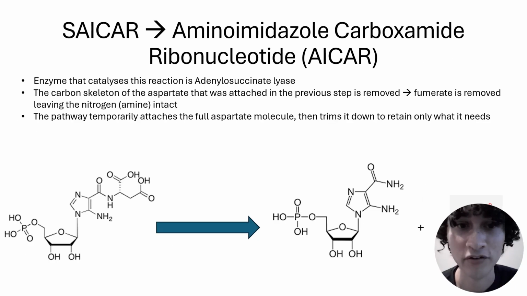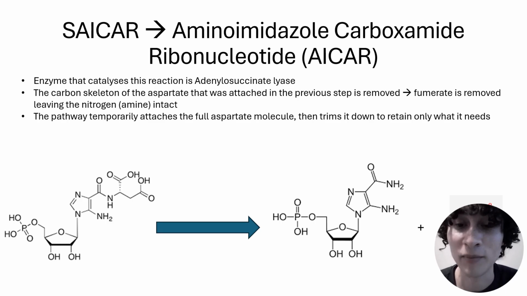Now we formed our succinyl-aminoimidazole carboxamide ribonucleotide. Okay, we need to remove that fumarate skeleton that we got from the attached aspartate. We're only interested in the amine group. The aspartate was an amine donor. So we need to remove that fumarate skeleton, and the enzyme that catalyzes this is adenylosuccinate lyase, and